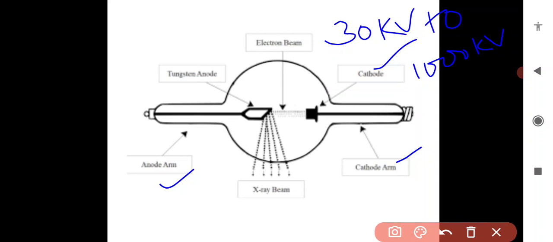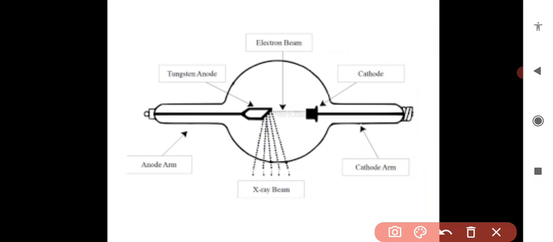Here the filament is placed inside a metal cap, and here is the emission of X-rays in this case. This filament is placed inside a metal cap to focus electrons on the target material. When the Coolidge tube is switched on, thermionic electrons are emitted from the filament and accelerated towards the target material, which they collide with. Corresponding X-rays are produced.